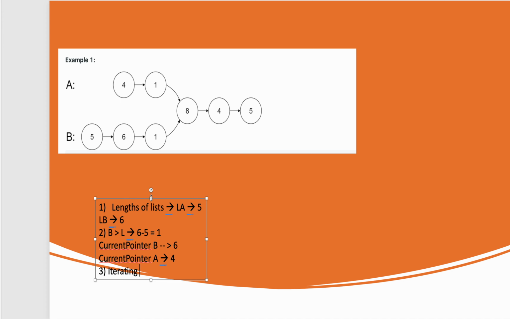Now we start iterating both the lists in parallel till current pointer of A equals current pointer of B. So we can start iterating both the lists in parallel till we get a point where current pointer of A is equal to current pointer of B. We can use a while loop for this,